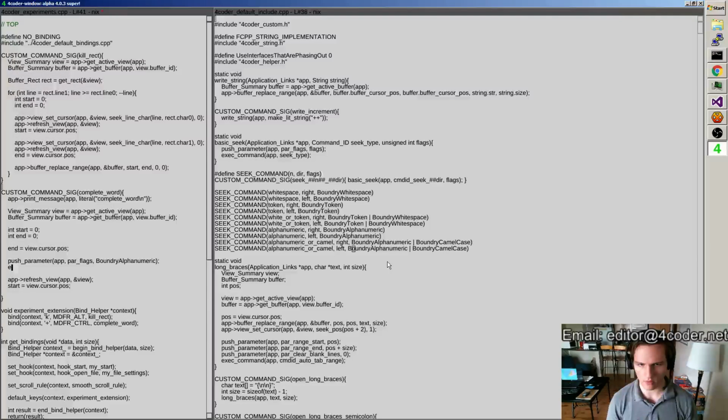So push parameter, exec command app, and then the seek type would be command ID seek left. Alright, so I'll seek to the left looking for an alphanumeric boundary. And thank goodness Fucom pushed me to add that to the API. And then we can refresh the view struct, get the cursor position again, and then I want to,